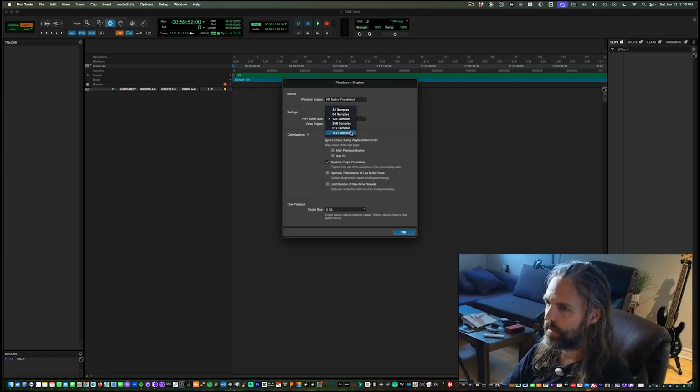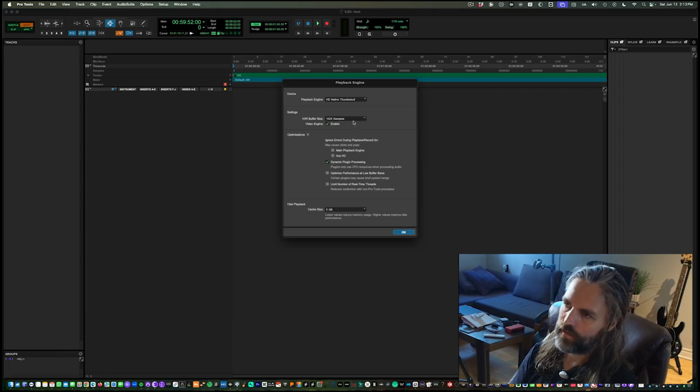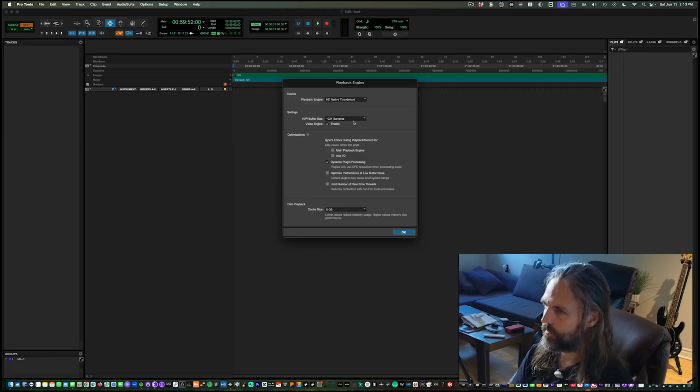And when you're doing mixing stuff and adding more plugins and giving the computer more processing load, you're going to want to increase to the highest sample count. Quickly, I'll say what this is. It's essentially the amount of samples that the computer will hold before spitting it back out to the speakers. So the more samples it can buffer, the more processing and the more intense processing it can do,